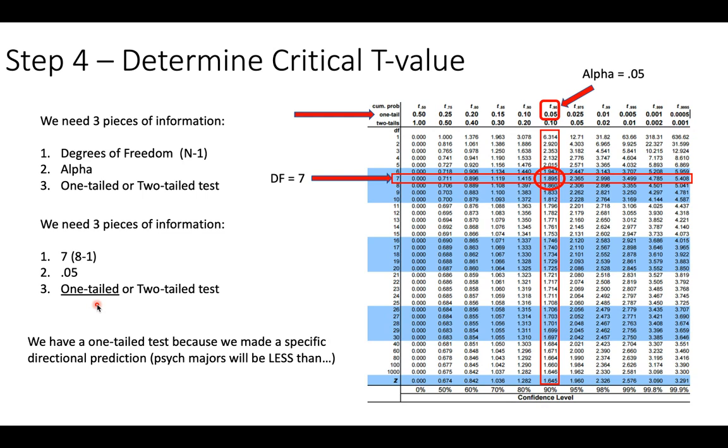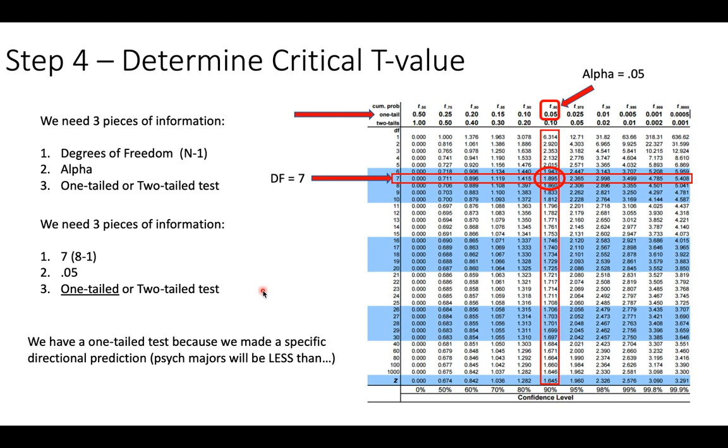Now, had I thought that psychology majors would score greater than, then I would just use 1.895. The table's already positive. I have a positive directional hypothesis, so I keep it positive. But we had a negative directional hypothesis, a one-tailed negative hypothesis, so we need to put a negative sign in front of that. Now, if you had a two-tailed test,